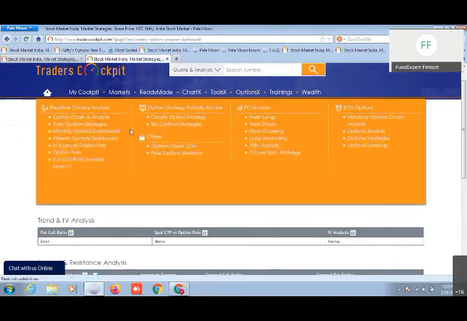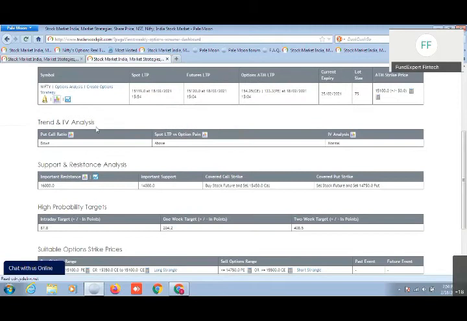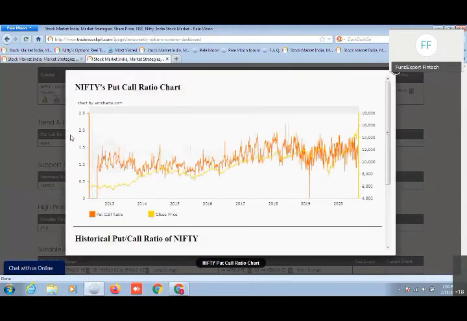Okay, and here, if you see this trend and IV analysis, you will find this put call ratio, option pain, and the IV charts. People who trade in options will know how important these are for analyzing the option parameters. Along with open interest, which is essential, certain other parameters like this put call ratio, for example, currently it is showing downside. Now if I take you to the put call ratio chart, here it looks somewhat like this, wherein